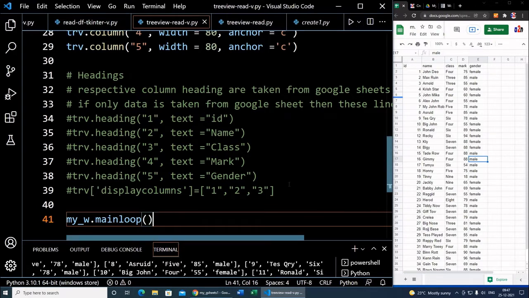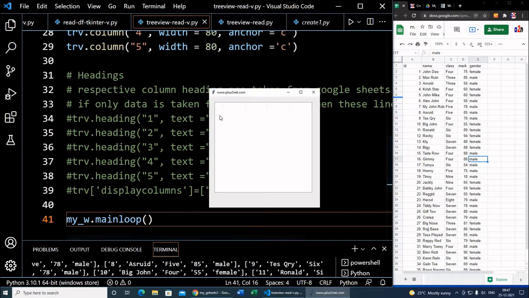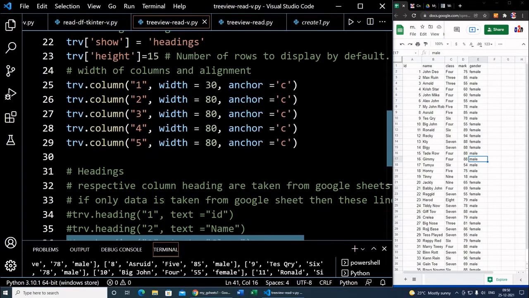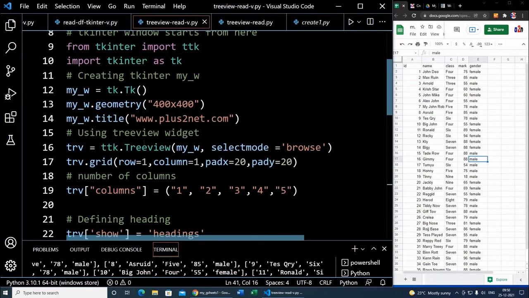This will not populate the database. We'll get a blank window. Let's see. Yeah, we got a blank window with all this. This is the tree view which fits into this window. So this Tkinter window displays only a blank tree view. Now we'll populate the data. Let's close this, and this is our tree view just for display sake.